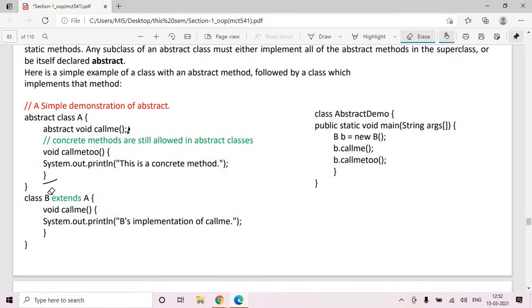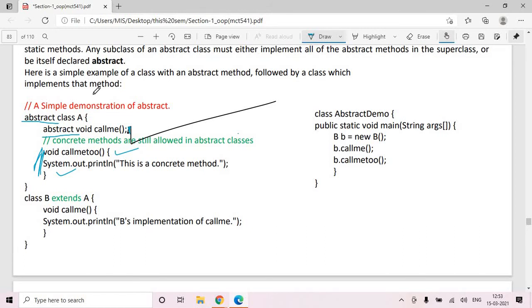For a class to become abstract, you should have at least one abstract method. Abstract methods don't have an implementation, just a semicolon here. For creating an abstract method, you need to use the abstract keyword, and that class becomes abstract. You write abstract class here. In the abstract class, you can also have other normal methods, like we have been writing from the first lecture.